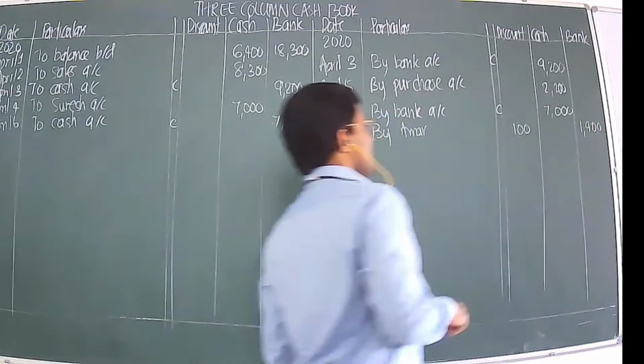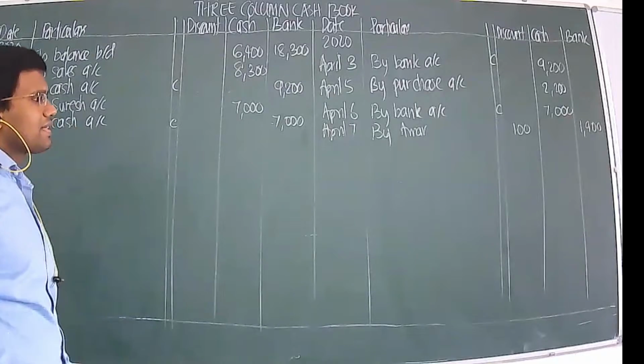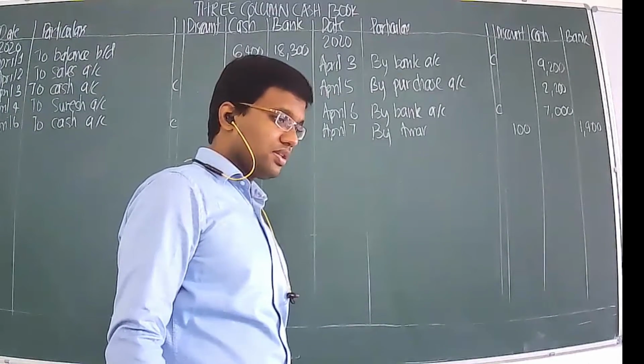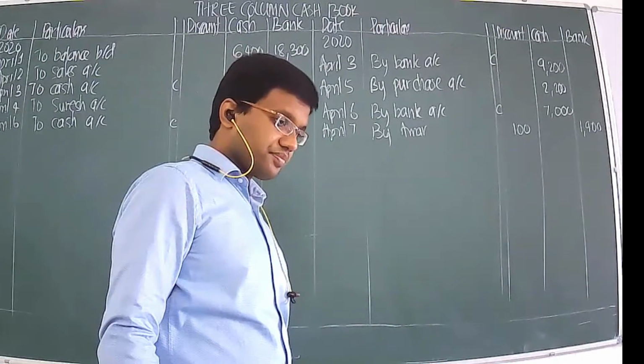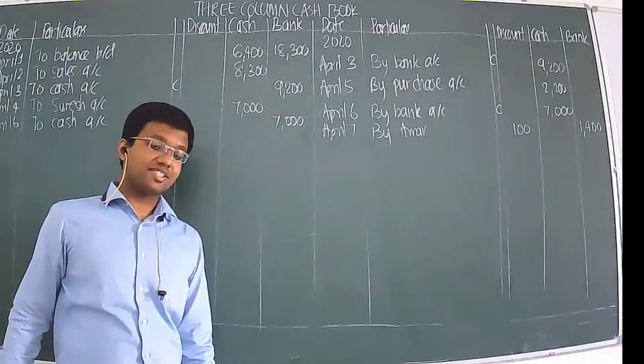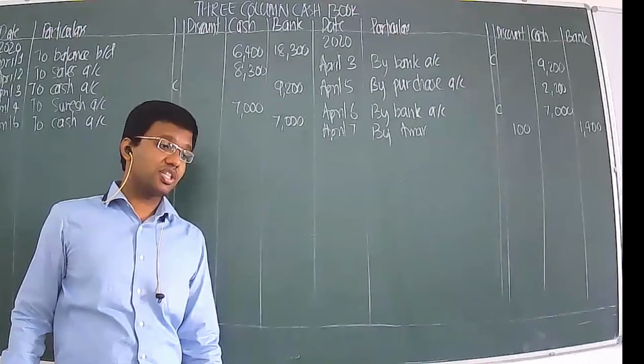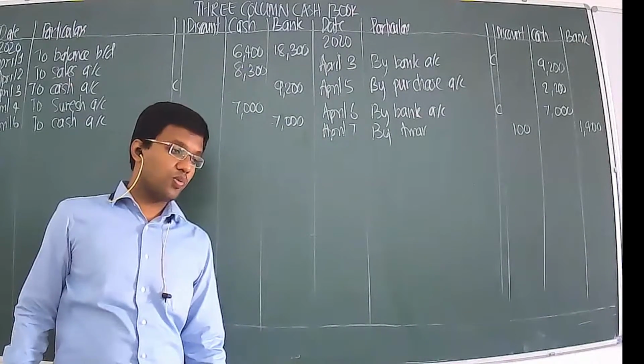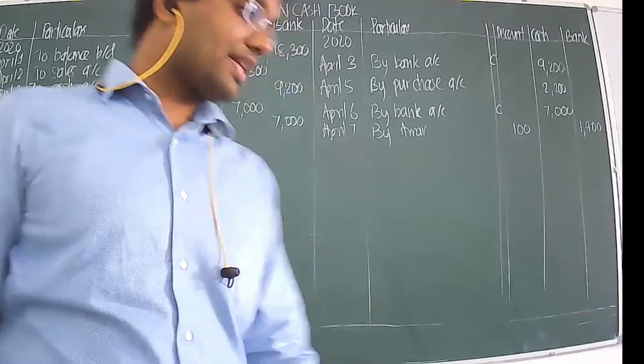1900. Okay, good. And why is it bank column in this case, Yasmin? Because sir, this amount is paid by the check. We are paying by check. So since the payment is by check, that's the reason why we are carrying out the transaction like this. Good. Good work, Yasmin. Okay, now let's try the next one.